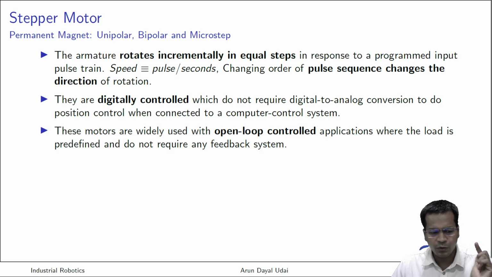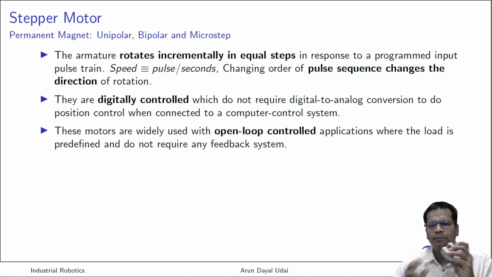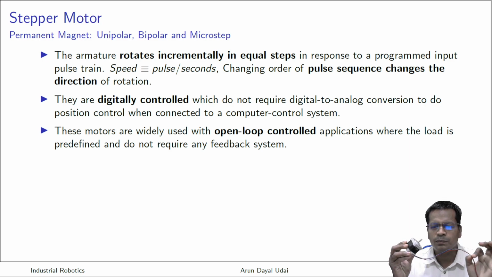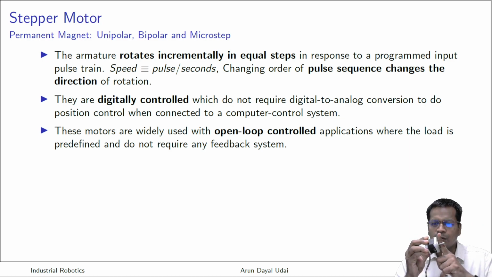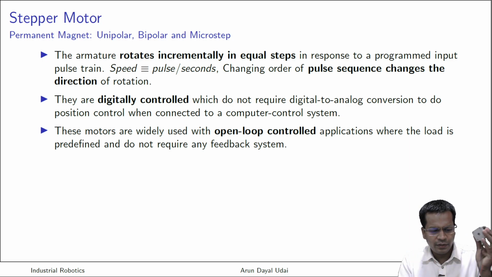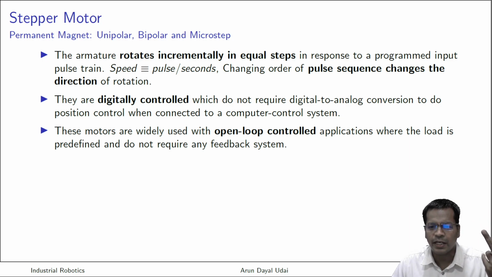Open loop control. What is open loop control? You know, if at all I will apply some pulse sequence to this motor, okay, you will see a definite angle which is achieved by this motor. It rotates by a small angle which is given in this data sheet of this, or in the label it is written, or you can just run it and see it. Okay, so you already know that if at all a single pulse is given, it will go to a specific position. So position control, you don't need to do a feedback based control.